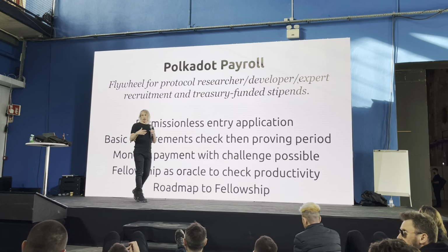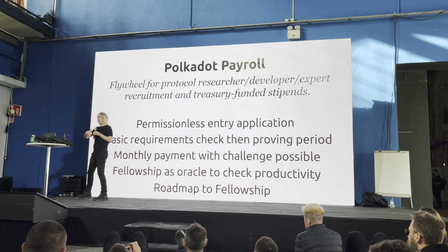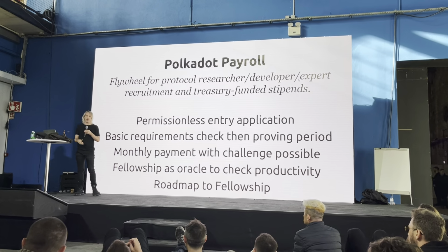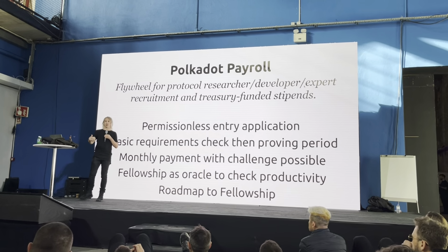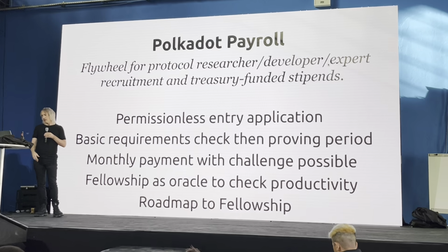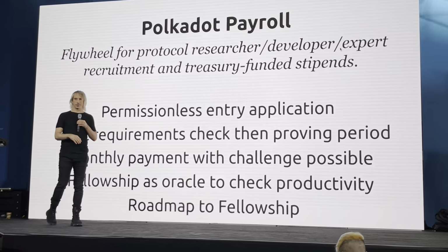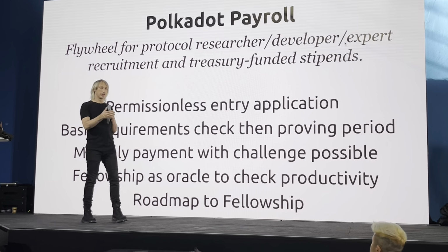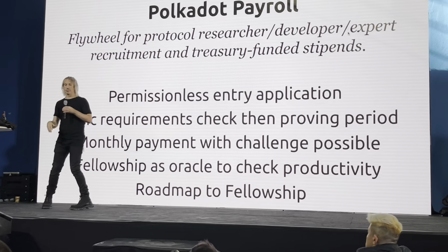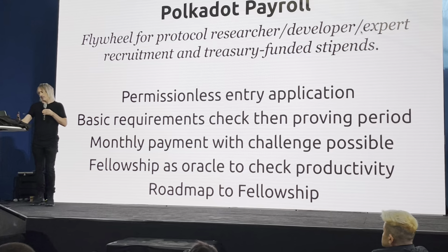If that comes through and they say, yeah, you've been doing a fairly decent amount of work, eventually, maybe let's say after 5 work periods, you basically make your way into the payroll and you become a payrolled accountant. And the idea is that this can be the on-ramp into fellowships. Not necessarily just the first fellowship, but also other fellowships. An ambassadorial fellowship, for example. Ecosystem Tech Fellowship.